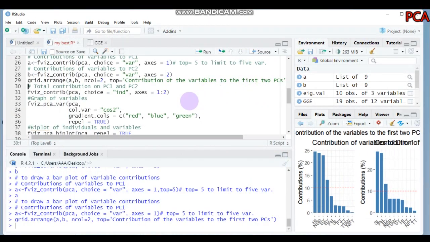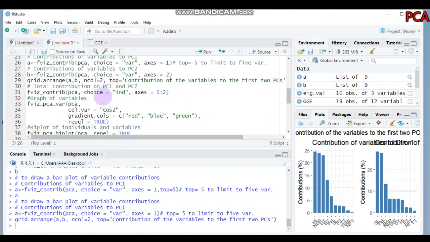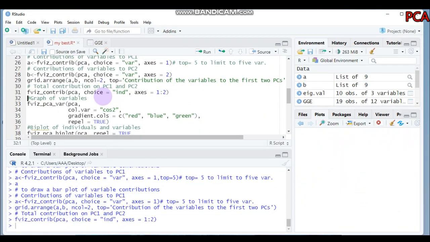Then if you want to see the total contribution for both principal components, that means PC1 and PC2, you have to use this function again. Here it is not the variable but the individual. Individual in our case means the row names. So MEE6 represents the men's genotype, and this one represents the ETBW9436 genotype. If you want to see the individuals, you can type this and submit